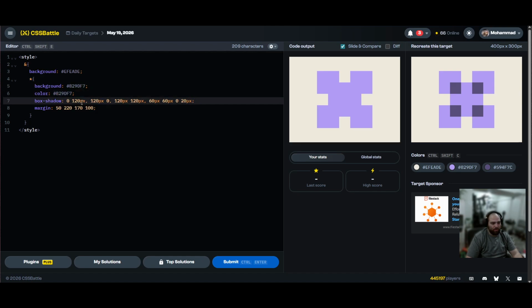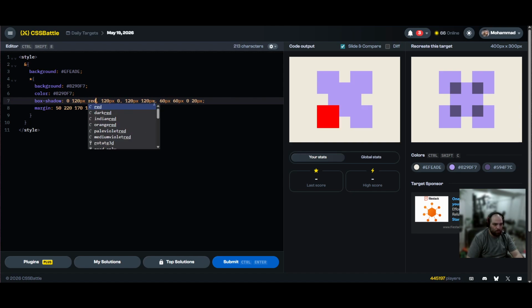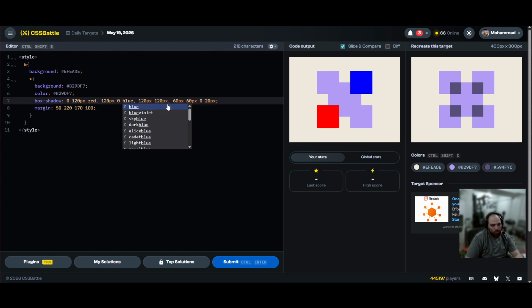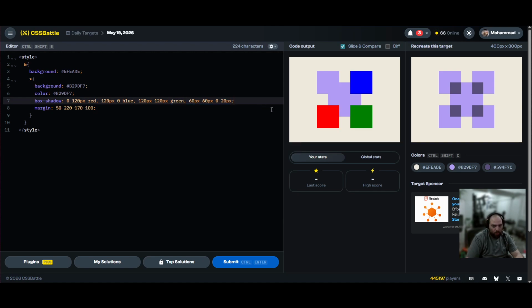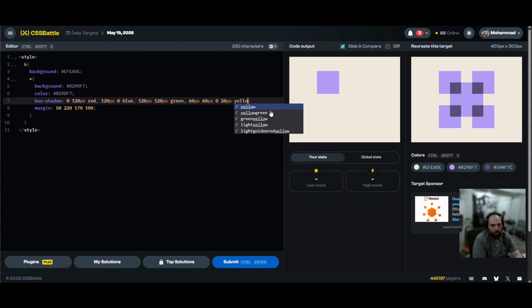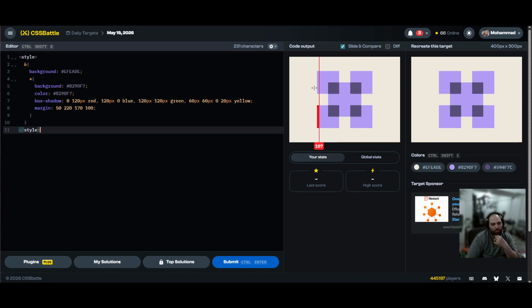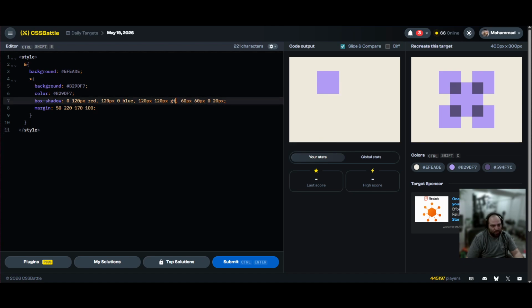What if I did red, blue, green? It's gonna be behind. So if I could technically get away with putting the inner, but I can't rotate them because they're box shadows. So I think it's just gonna have to boil down to,